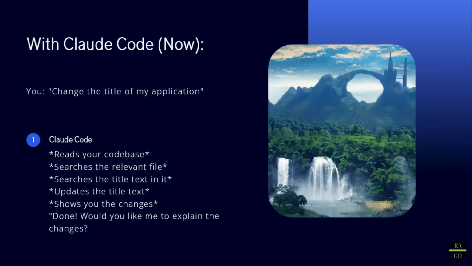Would you like me to explain the changes? So it's that elaborate. Just look into the kind of depth the Claude Code is looking inside your project and suggesting changes, making changes, and then again asking you whether it should explain the changes or not. Okay,